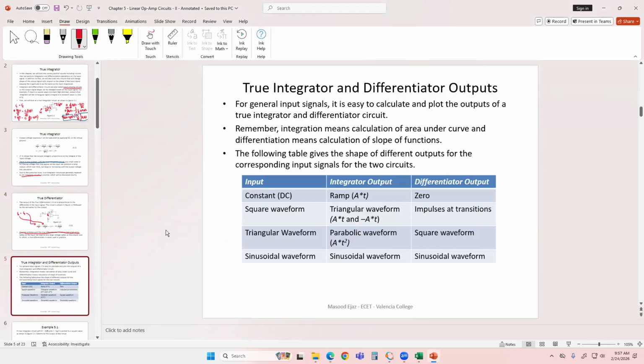What are your inputs and what you are expecting at the output for integrator and differentiator? So if you have a constant DC, integrator is going to give you a ramp. And differentiator is going to give you a 0, as we discussed, because you're integrating the input and differentiating the input. If you have a square waveform, integrator is going to give you